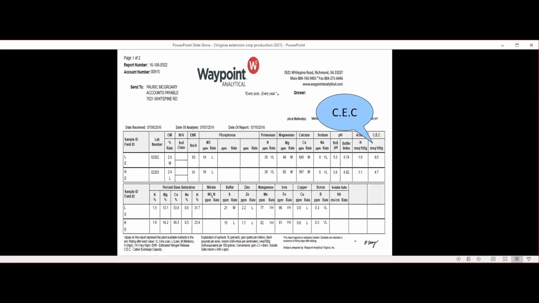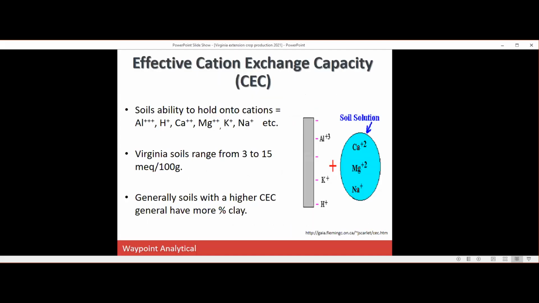Moving on to cation exchange. This is something we really can't change a lot. No-till practice will increase the organic content, and if we manage our pHs right, we will see a slight increase in CEC. But the main role of the CEC is its ability to hold your base cations, which is calcium, magnesium, potassium, and also some of your acidifying cations, which is aluminum and hydrogen. But generally you're mainly going to find your calcium, magnesium, potassium on this. In Virginia, we range from around 3 to 15 milliequivalents, depending on how much clay is in the soil. And generally, the rule of thumb is the higher the clay content, the higher the CEC, the lower the clay content, the lower the CEC.